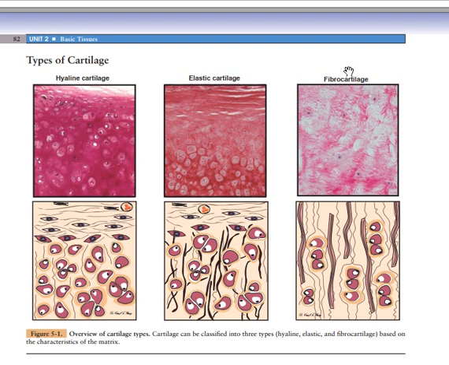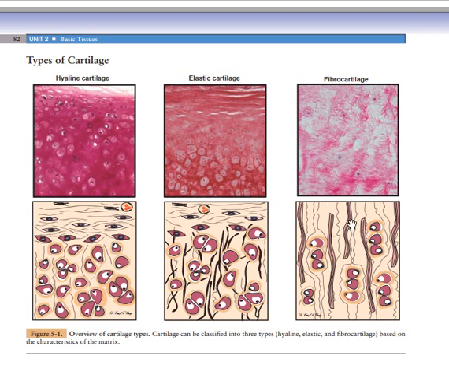While the isogenous groups in the fibrocartilage are much more in a parallel direction, in a pair of 2 or 3 also. Is it clear? And they are parallelly located since fibrocartilage is much more located in the pressure-containing areas, like inside the intervertebral disc, or inside joints, you are going to see that they have elastic fibers,